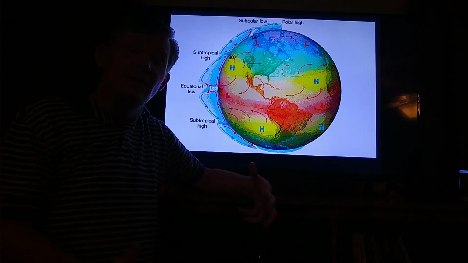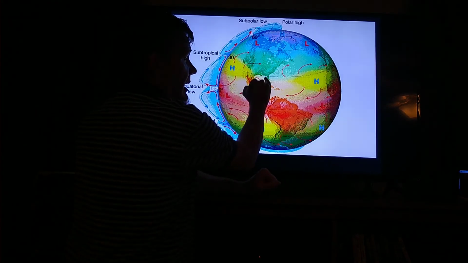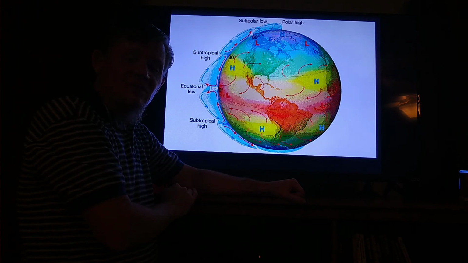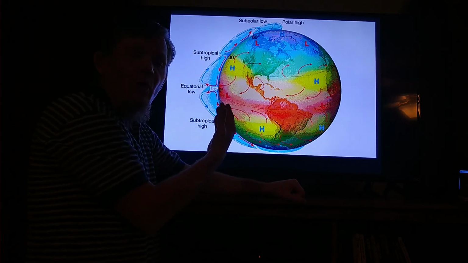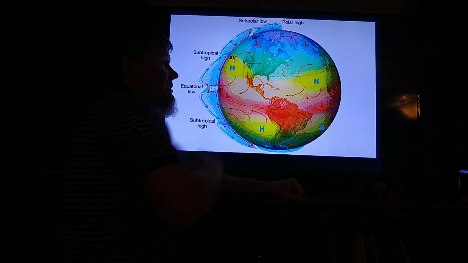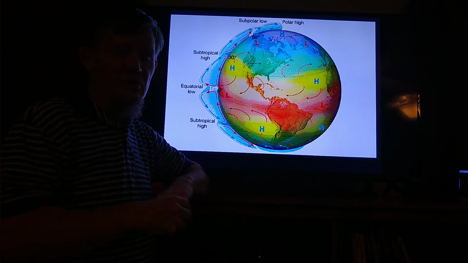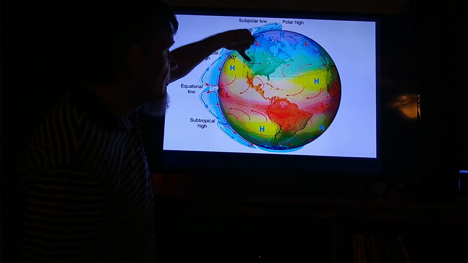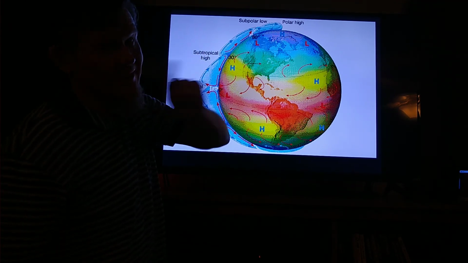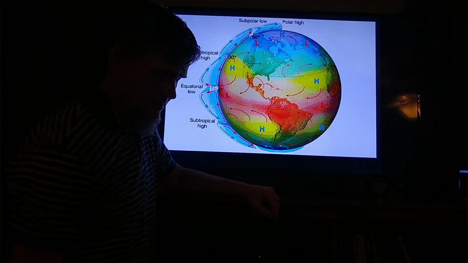And the reason why they are not deserts is because we have one saving grace. And this one saving grace that we have is this big body of water right here called the Gulf of Mexico. What the Gulf does is inject hot, moisture-laden air into the climate right here. In a few minutes, we'll look at a map that shows where different ecosystems are. We will see that this area right here is not a desert. Our only saving grace is what? The Gulf of Mexico injecting moisture-laden air.